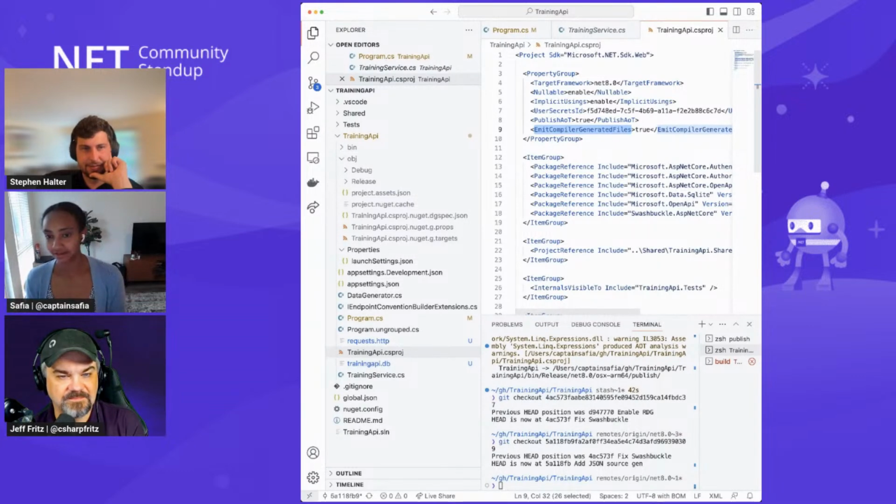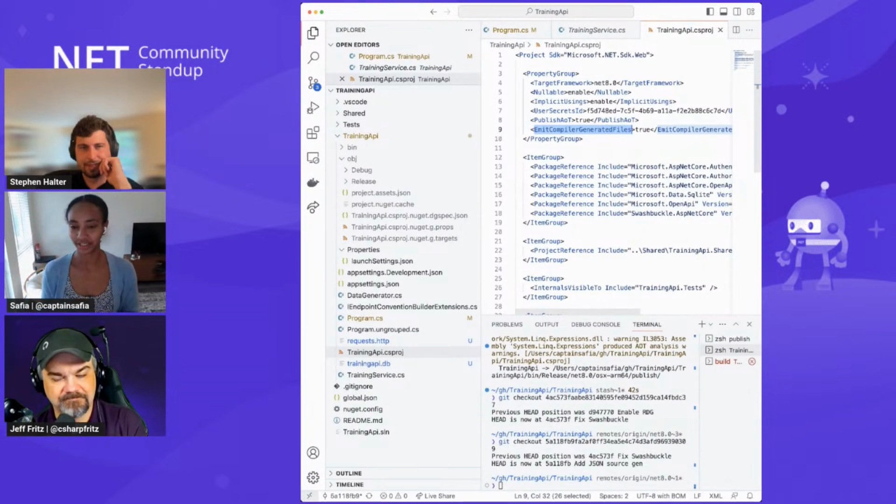This is as a user nicety to avoid having two properties to do one thing in your application's csproj. So in that particular case, the feature flag is implicitly set for you. But we will be documenting the fact that it's interceptors under the hood to get some of this stuff working. Yeah. So right now, the publish AoT is the only way it's enabled in a request delegate generator. I remember there used to be another property.